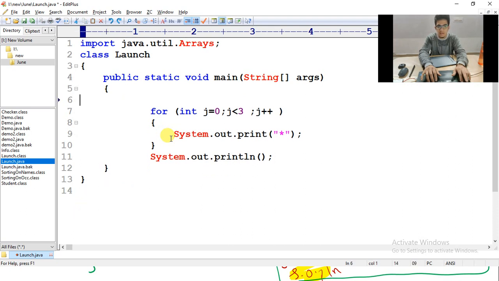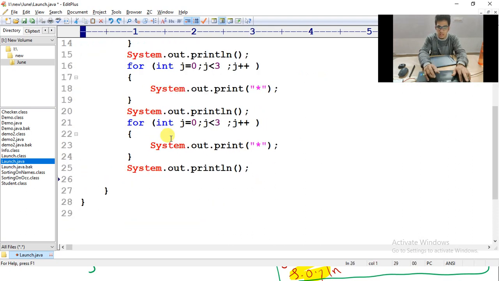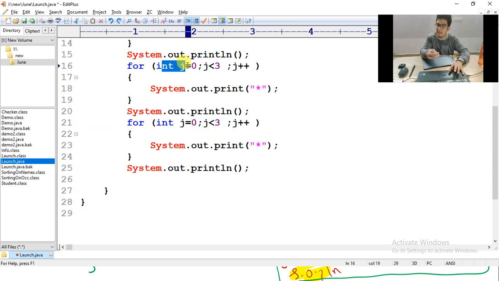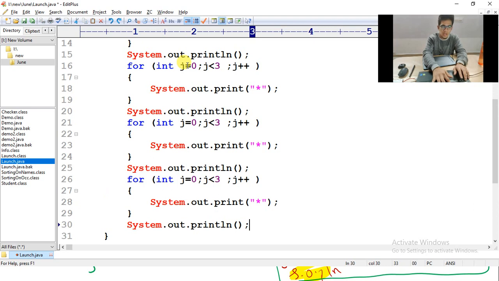Now you are thinking, sir, if we can't declare J two times, three times, then how are we declaring it here 5 times? Here also I am telling int J, here also I am telling int J. Yes, understand one thing, I will tell you for the last time: you declared int J, right? But before coming to this control, that J has already died. Why? Because J is declared inside that for loop. So only that for loop knows what J is. The other for loop doesn't know that there is a J. It's a local variable. I hope you have understood here.